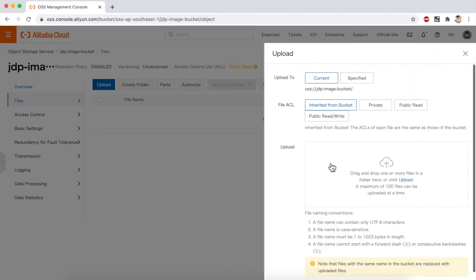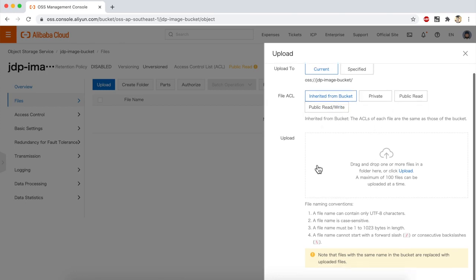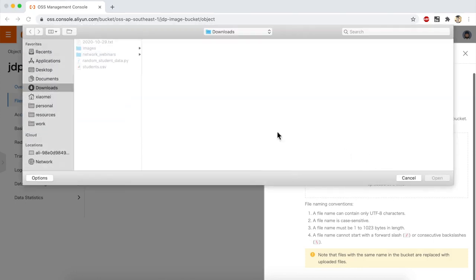So I'll click on upload, and you can see here I have the option to actually change the ACL for this object. If I inherit from the bucket, which is set to public read right now, all the objects I upload will also be public read, but I could choose private or public read and write. I'm just going to leave the default setting of inherit from the bucket, and I'll go ahead and click upload,